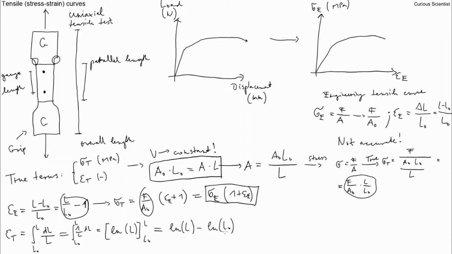And if you see two logarithms subtracted from each other, then that's a division, right? And now you can do some fancy things. So we go back to the L divided by L0 minus 1 again, so this equation here, and